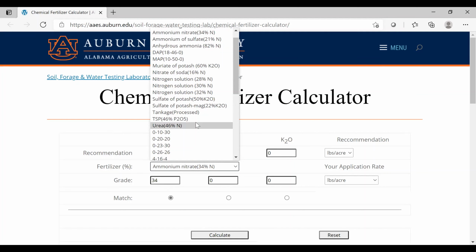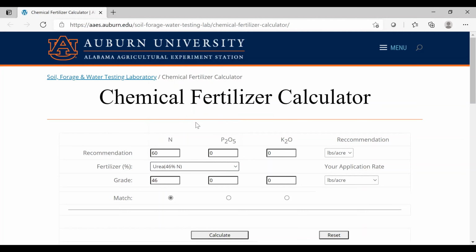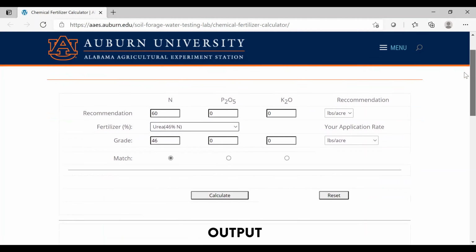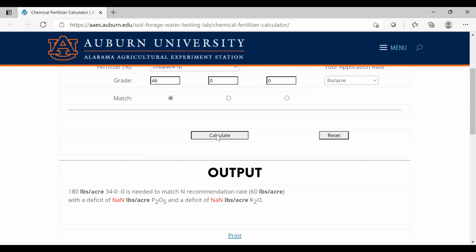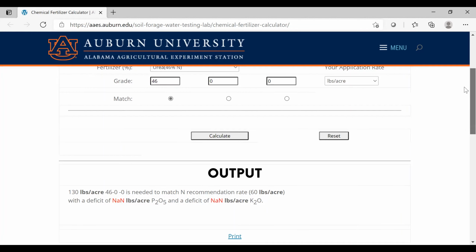Urea is the source of nitrogen, and if we select that, which contains 46% nitrogen in the fertilizer, and calculate, it is giving 130 pounds per acre of this fertilizer needed to supply 60 pounds of nitrogen to the field